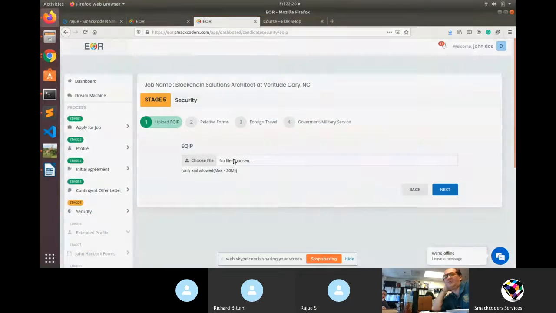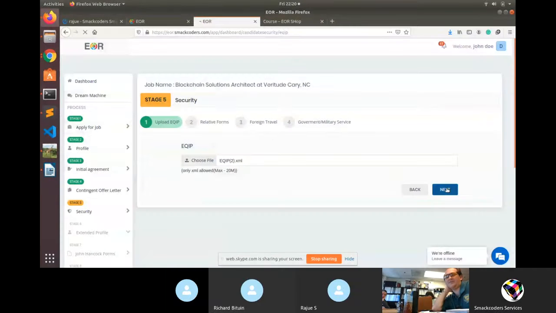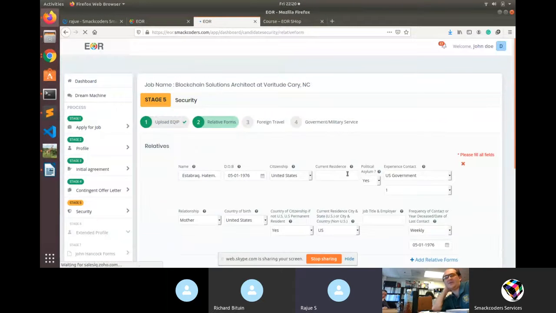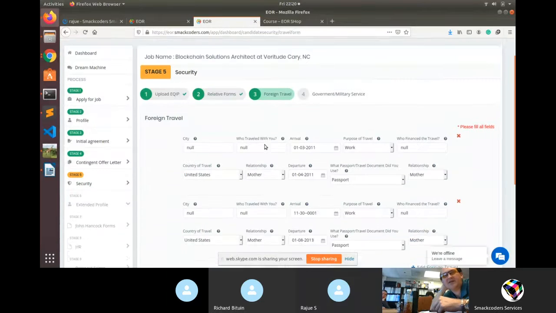Then there's the dashboard that shows what we're doing through the different jobs that we have. Accept application for. This is very nice, I like this. So this is the relatives form. Oh, good, and it populated the relatives. Yes, from the e-quip. That's so nice. Thank you.